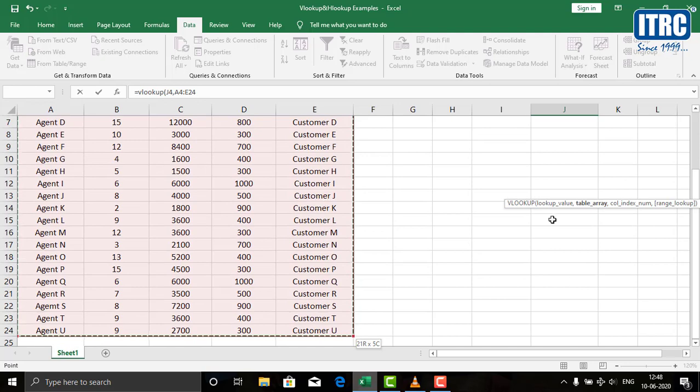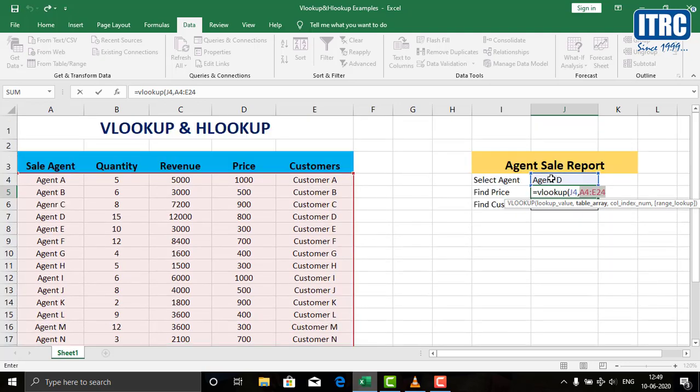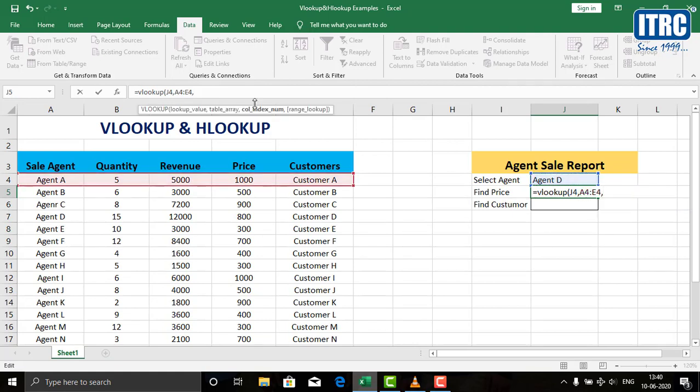And keep in mind that the main thing is that this agent column is the first one in this range. It has to be on the left hand side. Even if I don't need quantity and revenue, I have to highlight them because they are in my way. They are in the way of my getting to price and customers. So you always have to select the entire range even if there's stuff in there that you don't need.